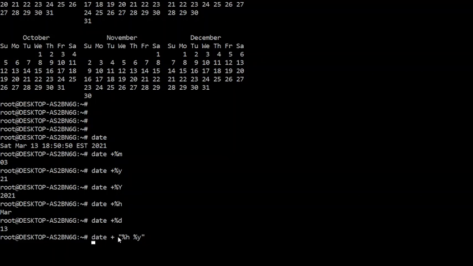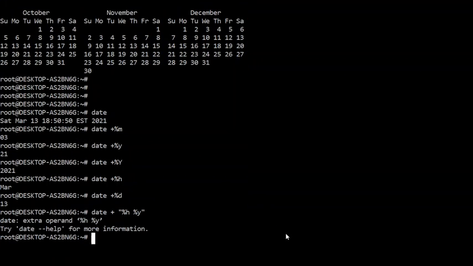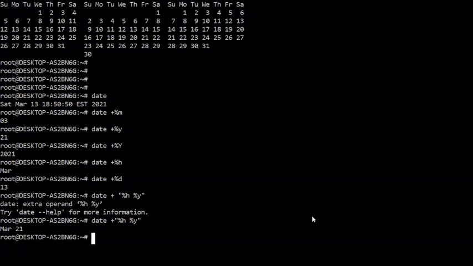After plus you have to put the double quotes and you will get, oh, I made some mistake. Let me see what it is. I think I put a space here. That's why it was giving me an error. So there should not be a space between plus and the double quotes.